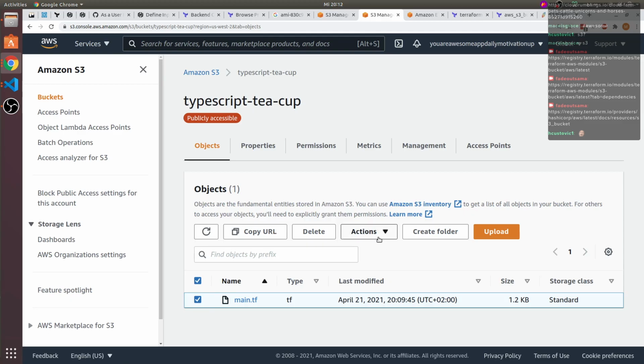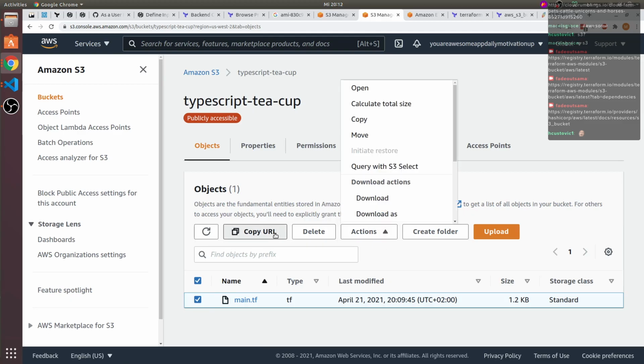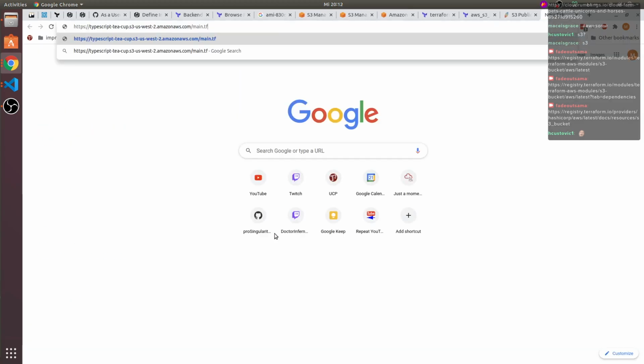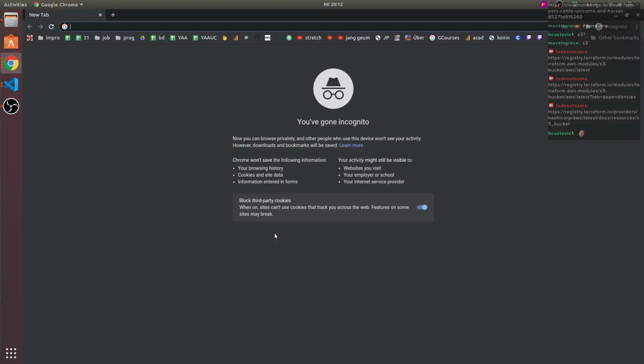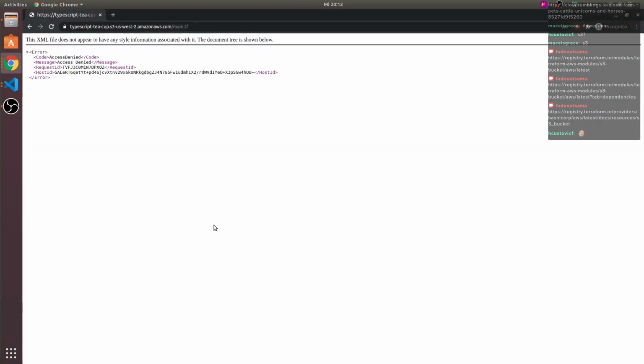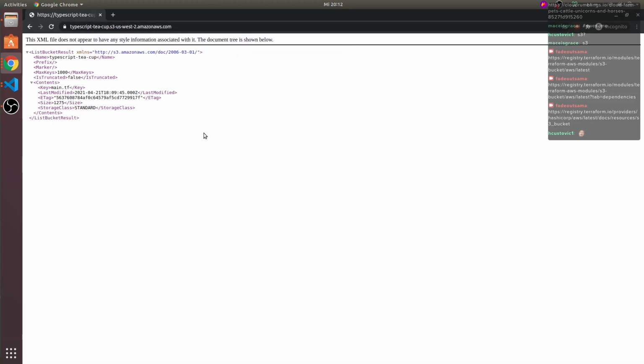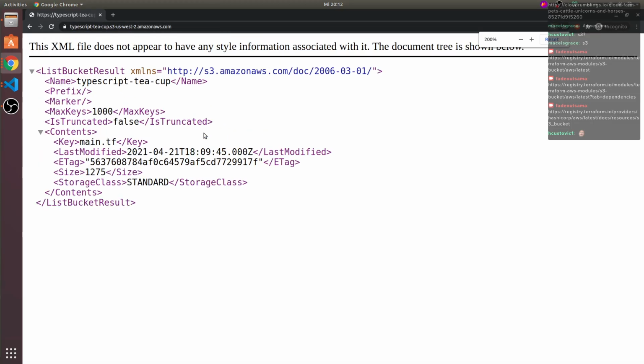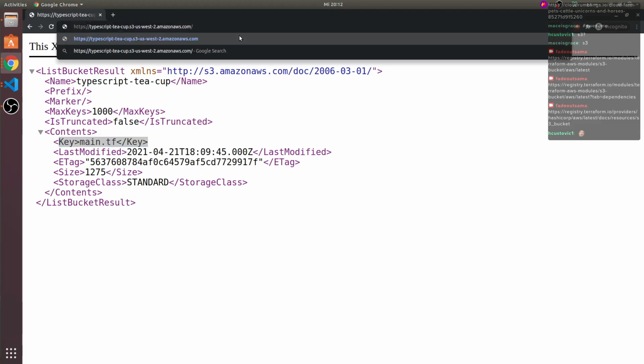Because this file here is actually not, or is it? Maybe. No, it's not accessible. If I go to here, so apparently it is accessible and it has contents, but the contents itself are not accessible. Great, thank you. Thank you for nothing.